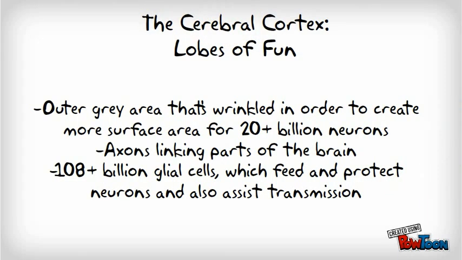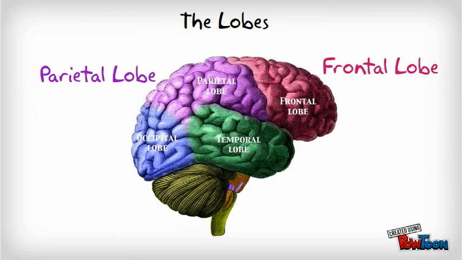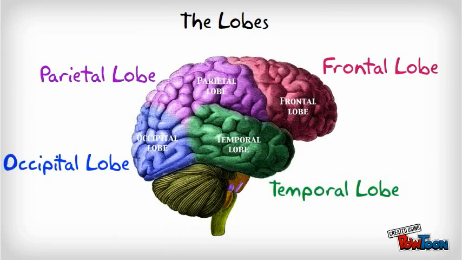We are going to be talking about the cerebral cortex. It consists of an outer gray structure that's wrinkled in order to create more surface area for more than 20 billion neurons, axons linking parts of the brain, and over 108 billion glial cells, which feed and protect neurons and also assist transmission. The four lobes of the cerebral cortex are the frontal lobe, parietal lobe, occipital lobe, and temporal